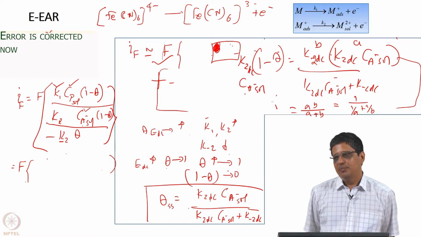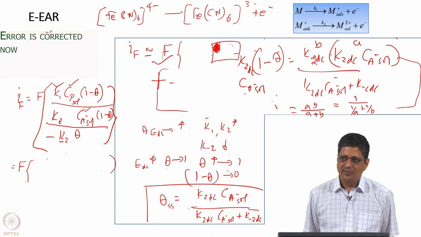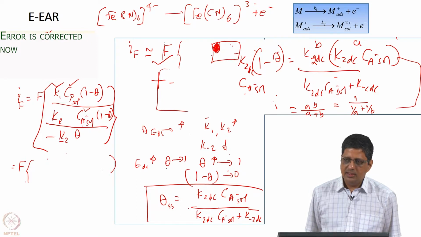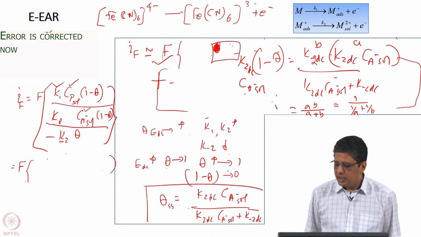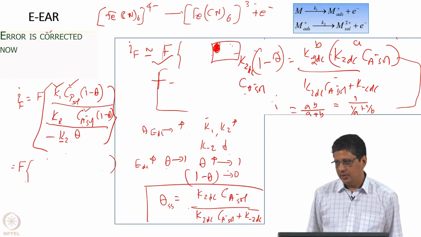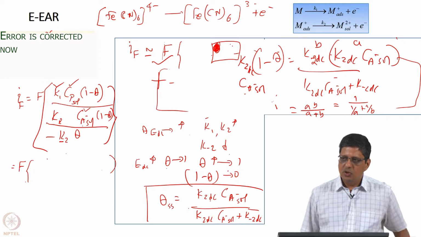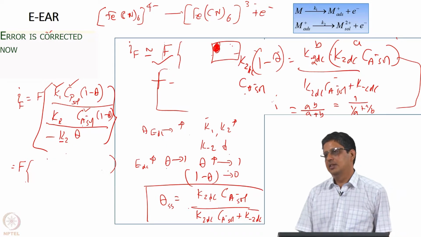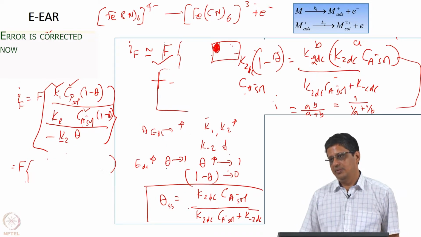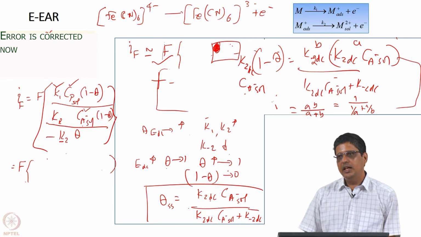Now, when I increase the potential, put realistic values for this and check the values. Theta will tend towards 0. Of course, it may be possible that for certain values of K minus 2 and K2, K2 0, K minus 2 0, B 1, B 2, it may not happen that easily, that early, but I will have to check the values. For the values we have tried, we find that it fully covers the surface. Once it fully covers the surface, the reaction rate is basically reduced. Here theta means we are talking about the space available for the reaction. 1 minus theta is the space available for reaction. Theta is the space of the A adsorbed.